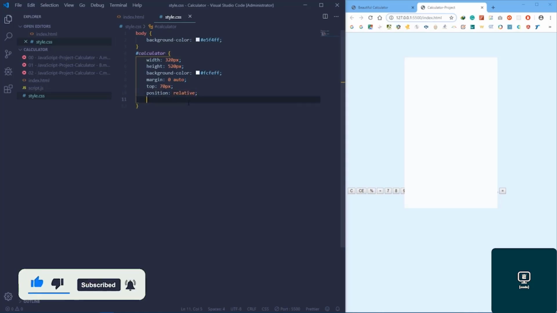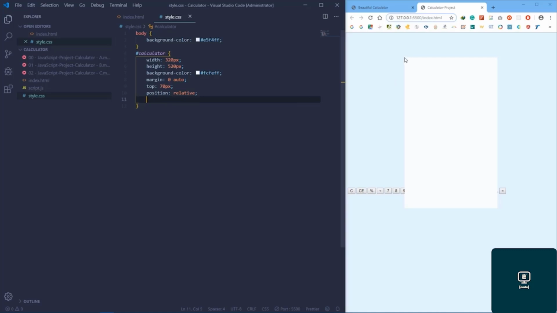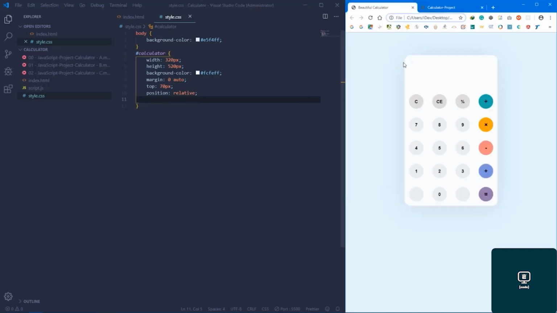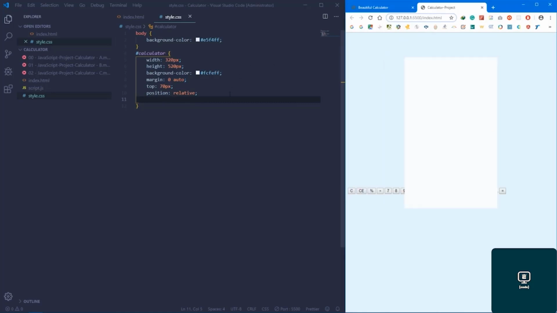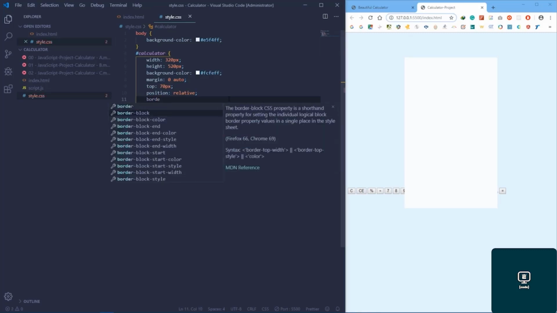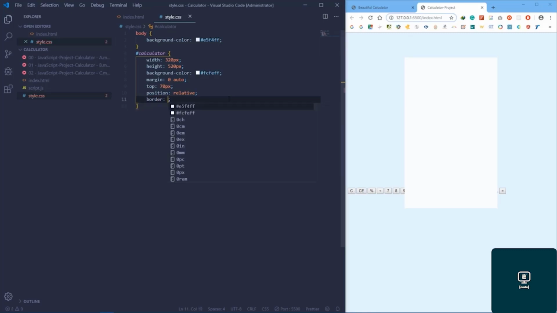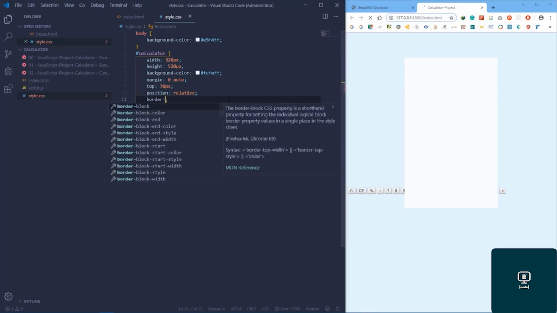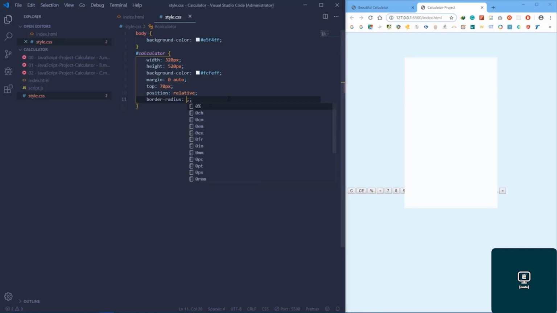The next item that we are going to deal with is this one. We have a border radius here, the round corners that we have in the border are border radiuses. Here we say border, okay, border dash radius. I say